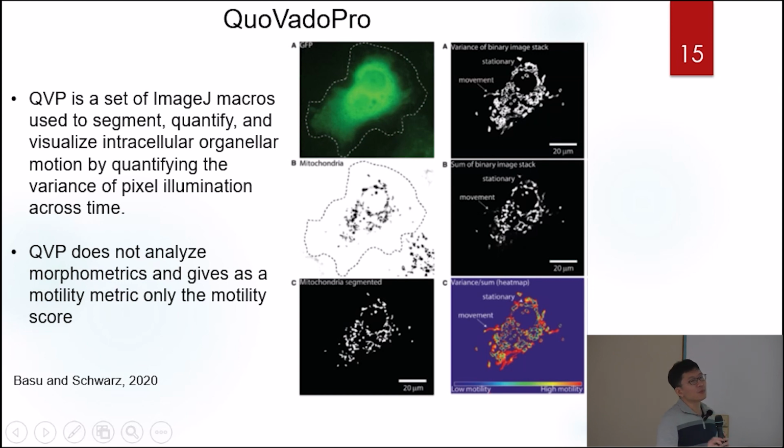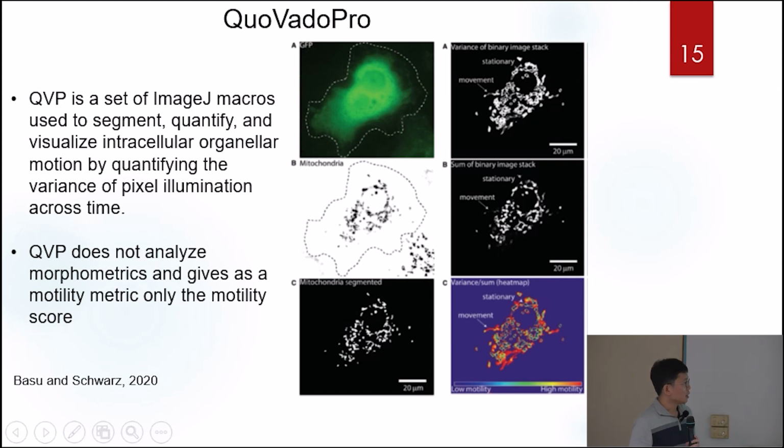So how do they know mitochondrial movement? They quantify the variance of pixels. So if this is the first frame and the second frame, and you see the pixel intensity difference, they will call this its movement. So you took a movie, you have several frames, and they incorporate everything and then calculate the variance of the pixel. So according to this number, they will say, okay, these mitochondria are more motile or they are more